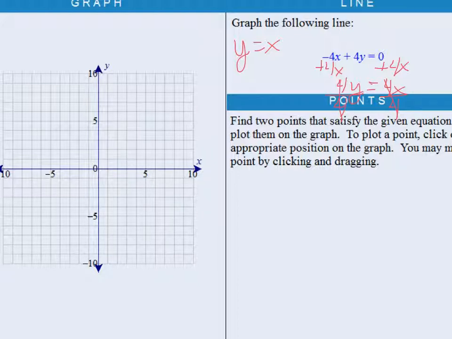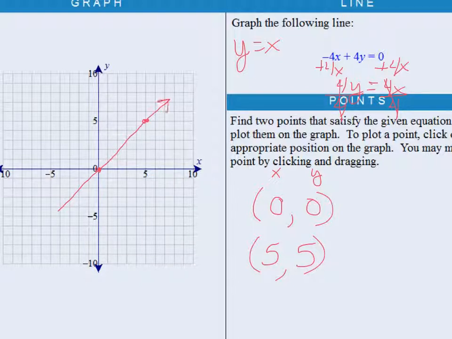They want me to plot some points. They don't really have a place for me to enter my ordered pairs, but I'm going to go ahead and do it just to be consistent with the last problem. You get to plug whatever you want in for x. Let's plug in 0. But since y is equal to x, if x is 0, so is y. Let's put in a 5. If x is 5, y is equal to that. So 5, 5. I could sit there and do that all day long, but let's just plot those 2 points, 0, 0, and 5, 5,